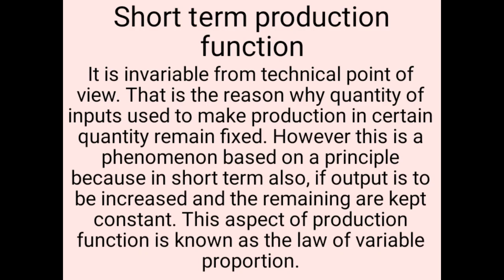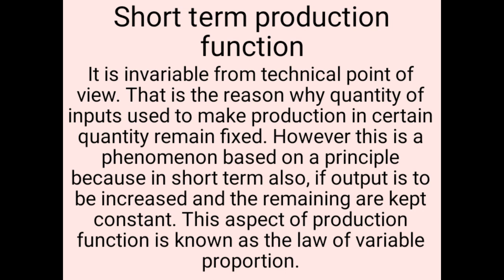There are some circumstances, some situations, where at that time we need to make some changes. So what do we do if we have 5 to 6 inputs? Let us take an example of 5 inputs, A, B, C, D and E. In a shorter period of time, in the short production function, we will change any one of the inputs. If we are changing A, we will keep B, C, D, E constant. If we are changing B, then the rest are constant. So this is the system of short-term production function.